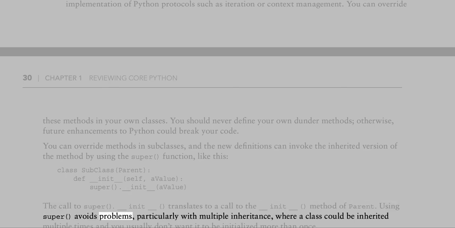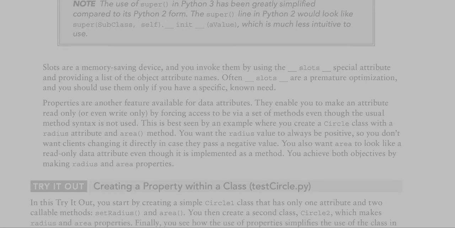Using super avoids problems, particularly with multiple inheritance, where a class could be inherited multiple times and you usually don't want it to be initialized more than once. Note the use of super in Python 3 has been greatly simplified compared to its Python 2 form. The super line in Python 2 would look like super(subclass, self).__init__(value), which is much less